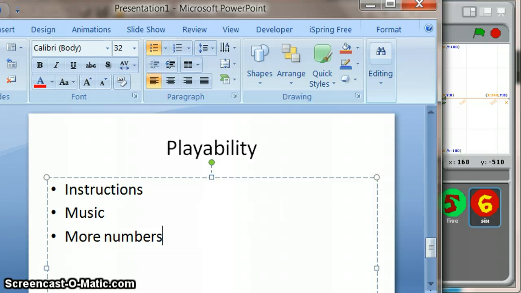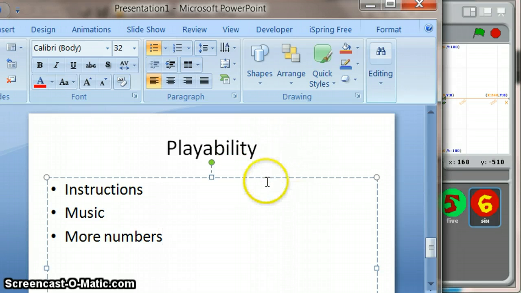So a few more improvements we need to make to the game. Remember the core functionality of the numbers and the scoring, the numbers moving around randomly, us being able to control a character, and the scoring, that all works. And so now we're really looking to make this more fit for purpose and really looking at the playability of